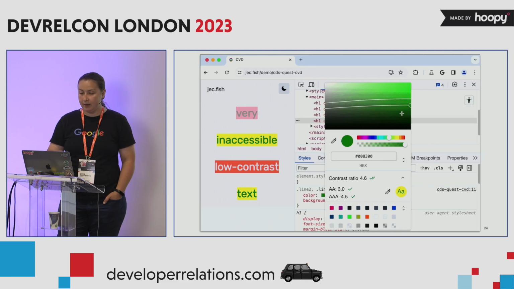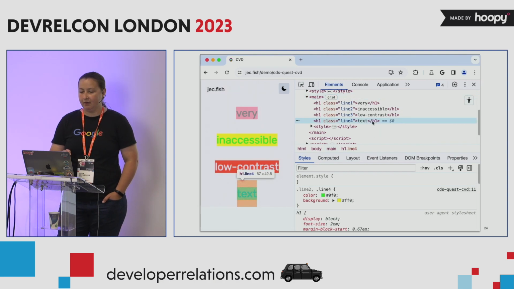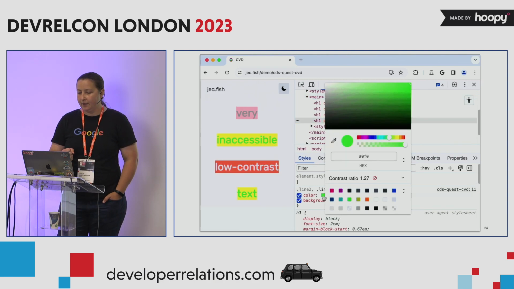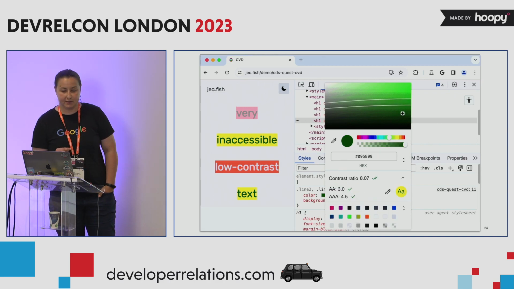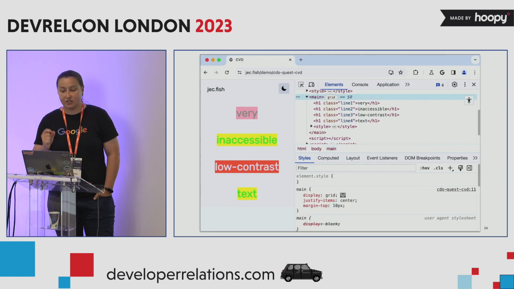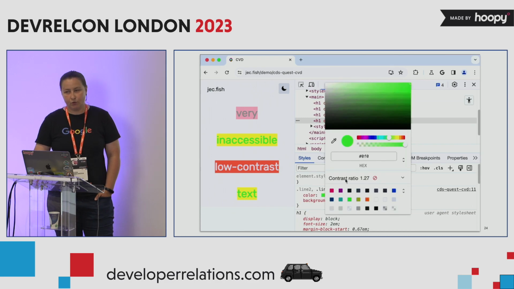Practically, low contrast issues are the #1 accessibility issue on the web. And it affects everyone, especially people with vision deficiencies. So Chrome DevTools can help you fix them with a few clicks, actually. The color picker in the Elements panel automatically calculates the contrast ratio and checks if it complies with web content accessibility guidelines or not.